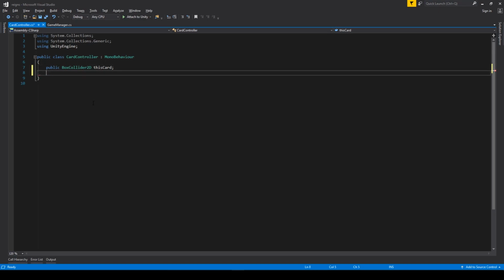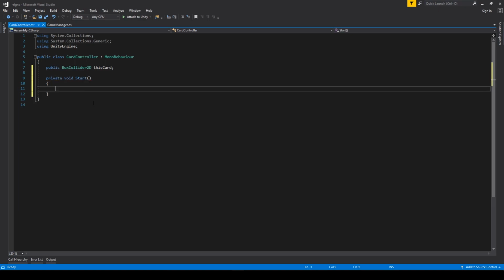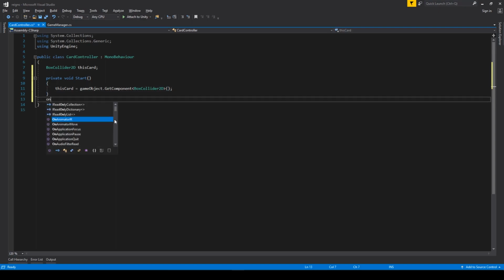Now we go with the Start method, and we'll assign the box collider. So it will be discard equals gameObject.GetComponent of the type BoxCollider2D, and that's a method. That's it. And now we go to OnMouseOver,